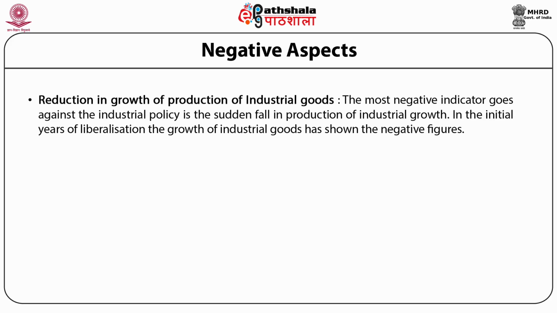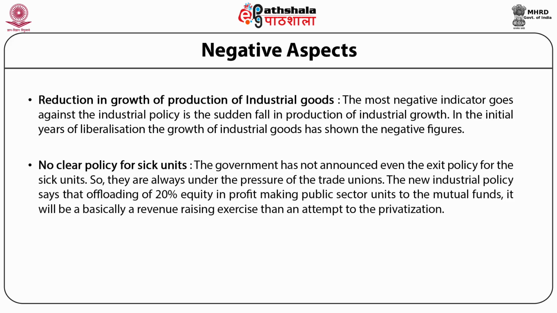Reduction in the growth of production of industrial goods. The most negative indicator of the new industrial policy is the sudden fall in the production of industrial growth. In the initial years of liberalization, the growth of industrial goods has shown very negative and meager growth. Moreover, the critics say that the government has given no clear-cut policy for the sick units. The government has not announced even the exit policy for those units, so they are always under the pressure of